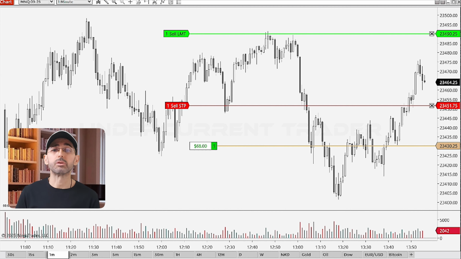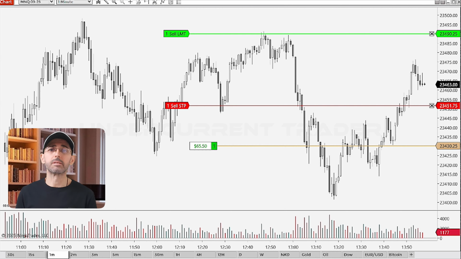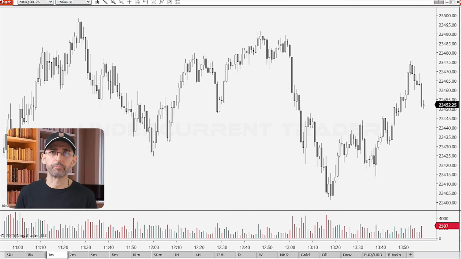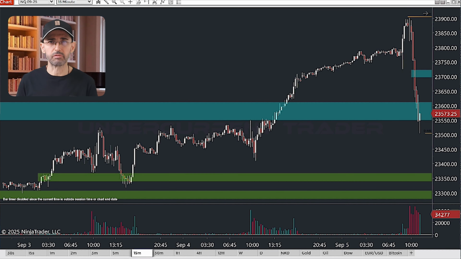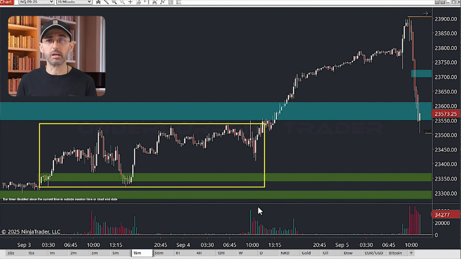All right, with that trade wrapped up, let's now move on to the next one. So what we're looking at here is a 15-minute chart showing price after a long accumulation phase leading to a strong 350-point move to the upside. The market then peaks around the 900 level, and then sharply reverses and dives down to test the 550 support